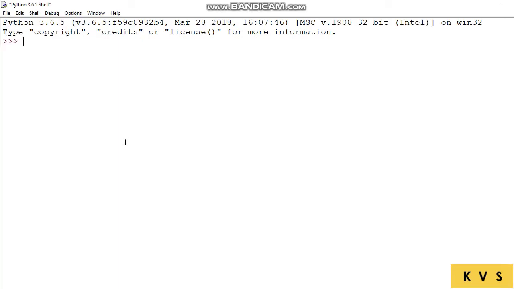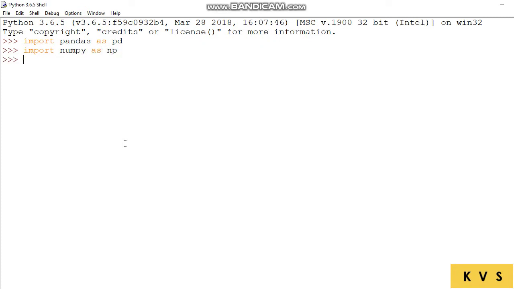Okay, now we will try out these examples in our IDLE. In order to create series, we have to import pandas library using the import statement. Import pandas as pd. I'm giving a short name so that I can use pd instead of pandas. I am also importing our NumPy library. Import numpy as np. Okay.